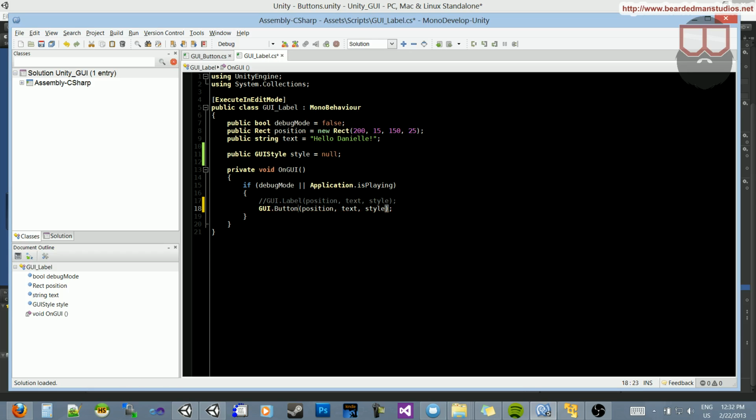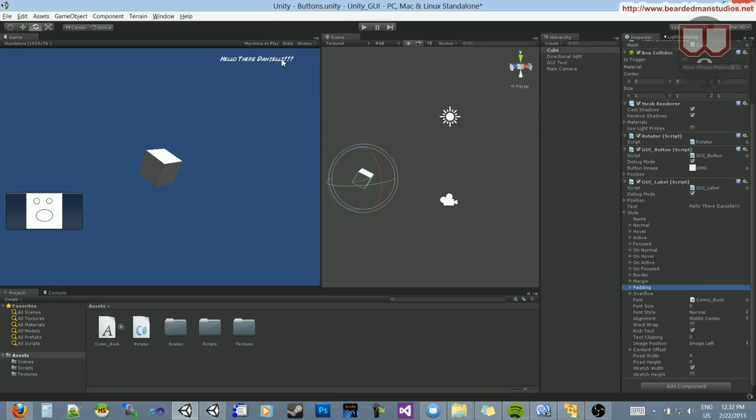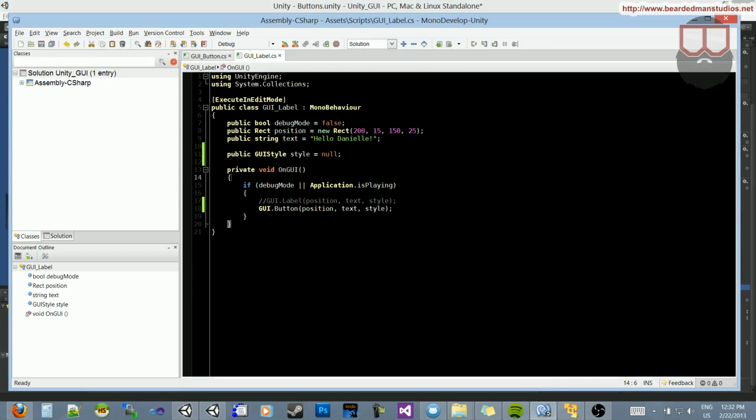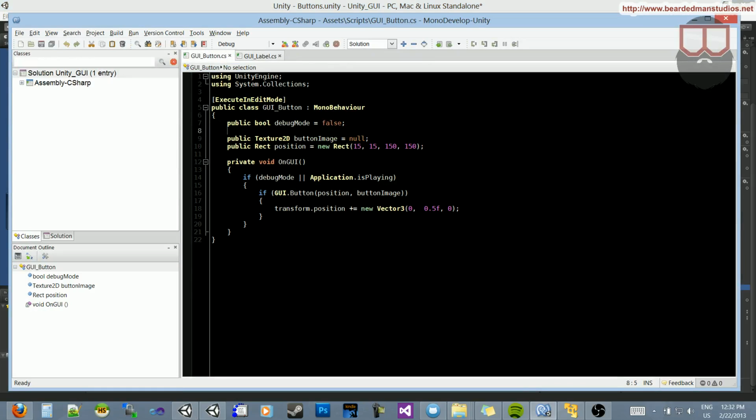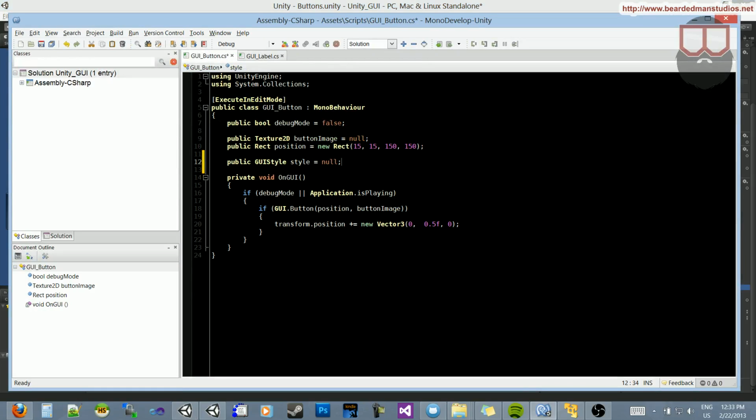When you put in a button and add a style, that button is not going to be visible. If we take this public style and add it to the end of our button,